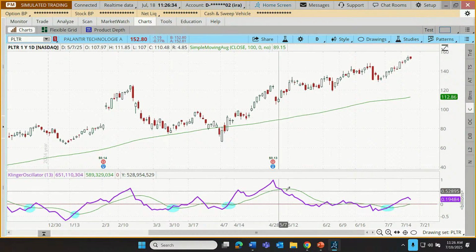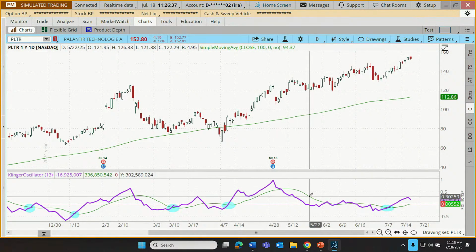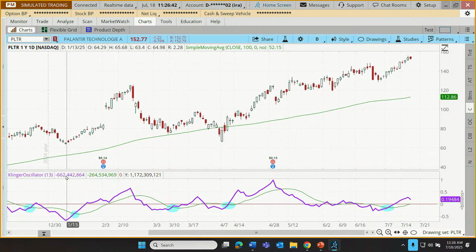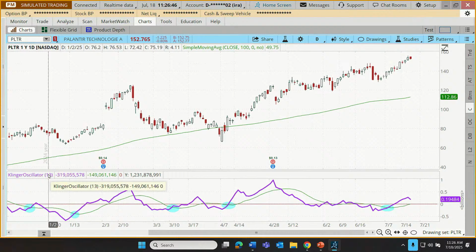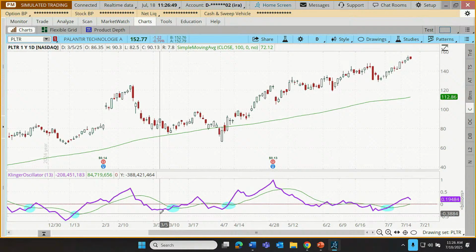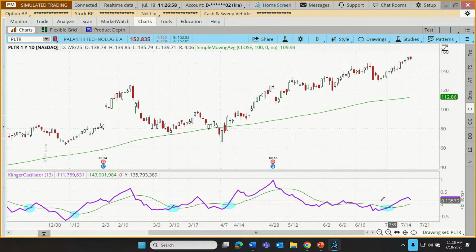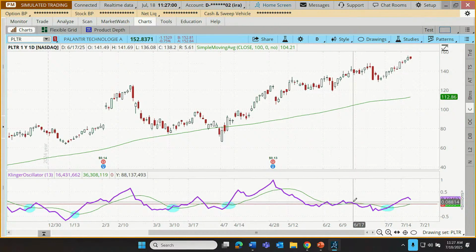Now, finally, we have this green line. Fortunately, we've done the heavy lifting now. If we already know how to calculate the volume force, this is just a 13-period exponential moving average of that volume force value. So with all that done, we now know how our lines are calculated. The red line is just, well, how have the 34 and the 55.